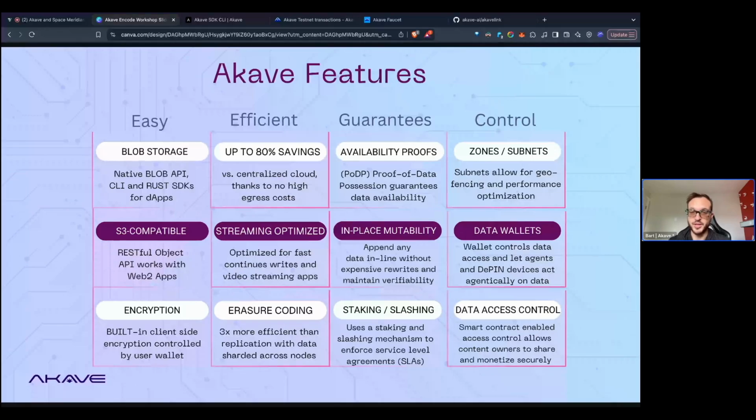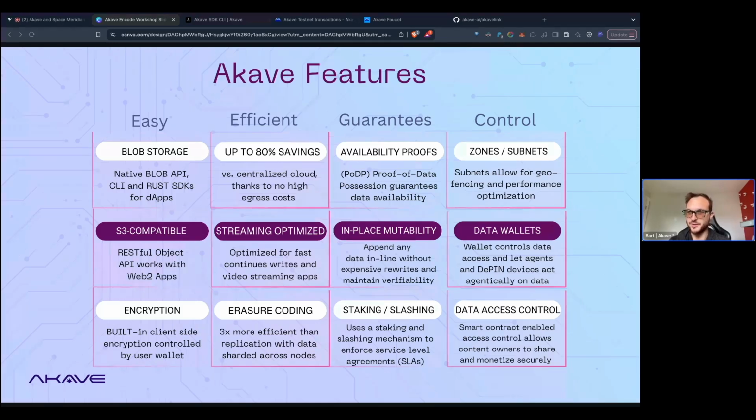So when you're uploading data into the Akave network, it does get backed up to Filecoin, but while it's on the Akave network, we start by erasure coding it, meaning that if we store the data in duplicate, some of it can get lost and it'll still be durable and be able to rebuild itself. There's more information here, like the guarantees on availability proofs and,